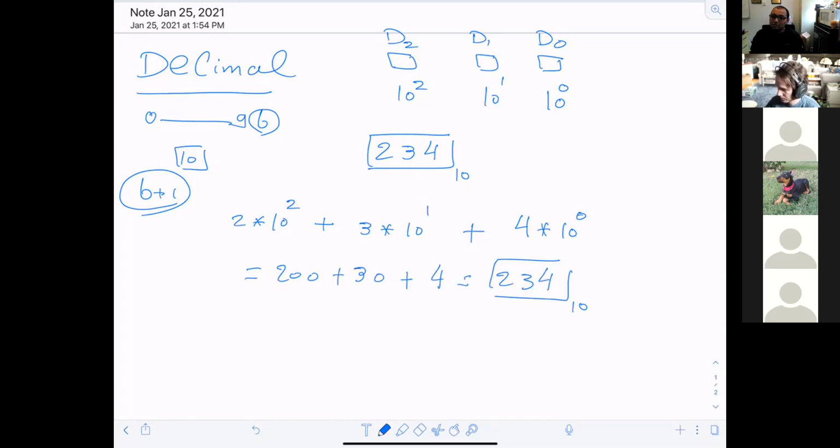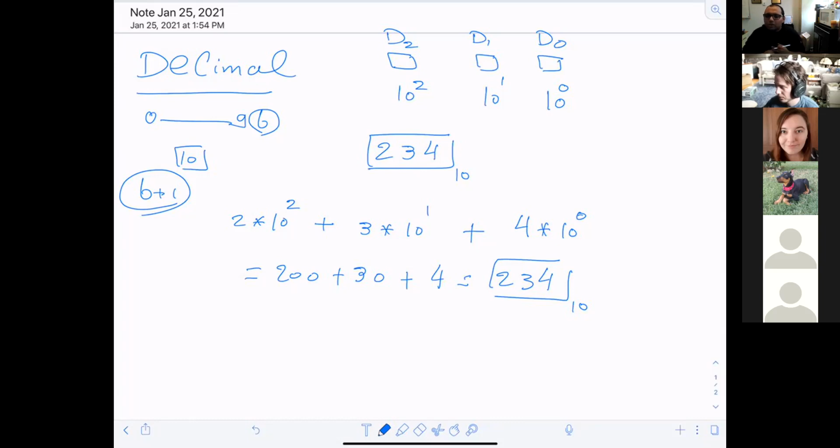That makes sense? So we are talking about integer numbers without involving fractions, right? Fractions are another story, but for now, we are talking about integers. What about